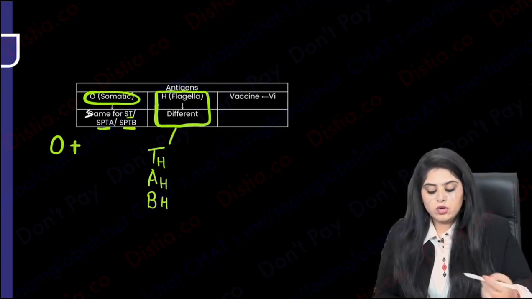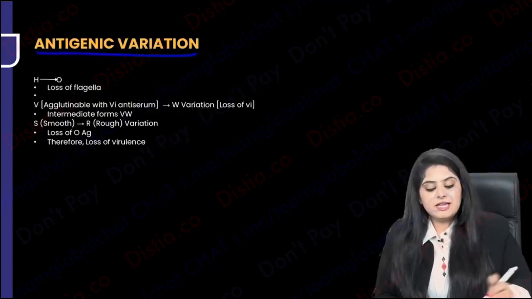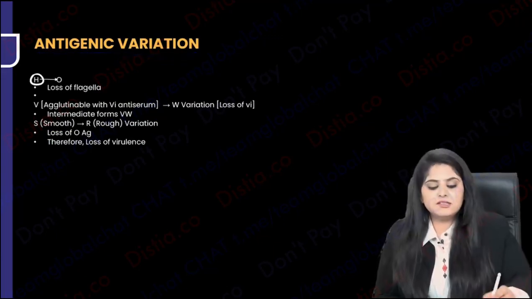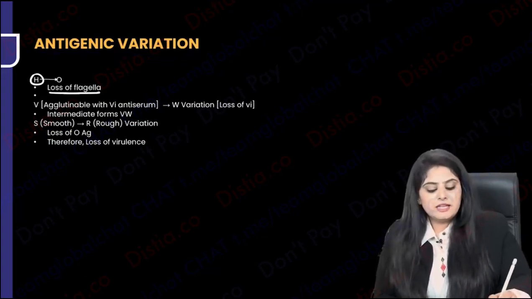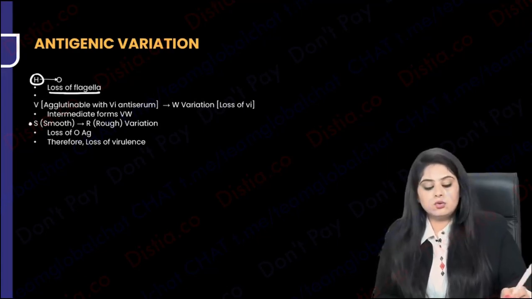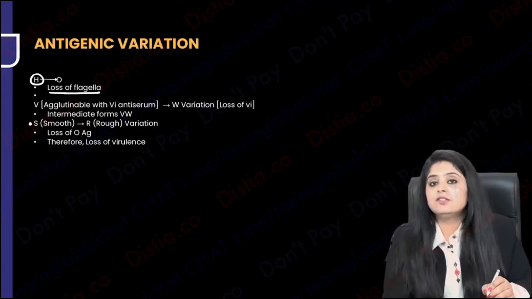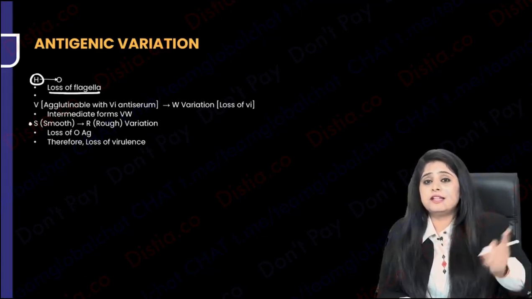Okay, so before I go on to all of those clinical features and all of that, please note that there are some antigenic variations. If O antigen is lost, H antigen is lost, VI antigen is lost, that is known as antigenic variation. So tell me, if the H antigen is lost, ma'am, flagella is lost, this means the flagella is going to be lost. This is very simple to learn. If the O antigen is lost, O antigen is what? O antigen is the somatic antigen, or you can say it's something to do with the cell wall, isn't it?